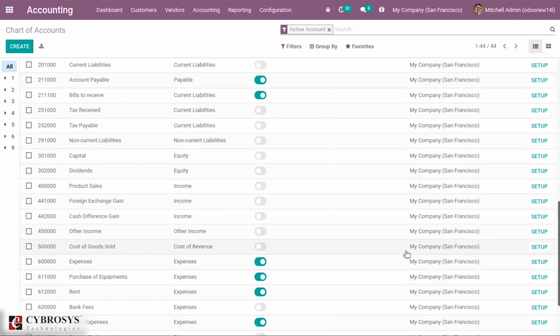Let's choose an expense account. This is active. Let's go to setup.